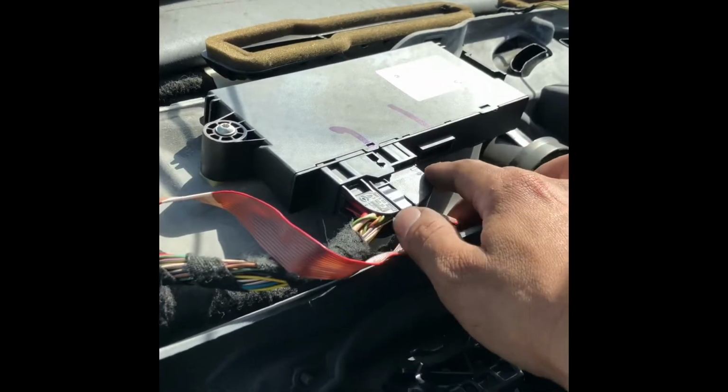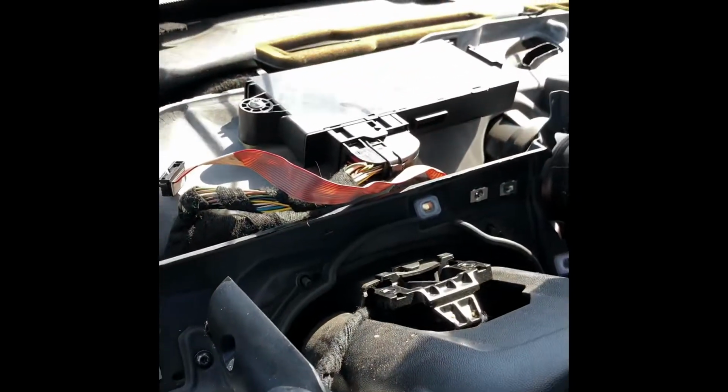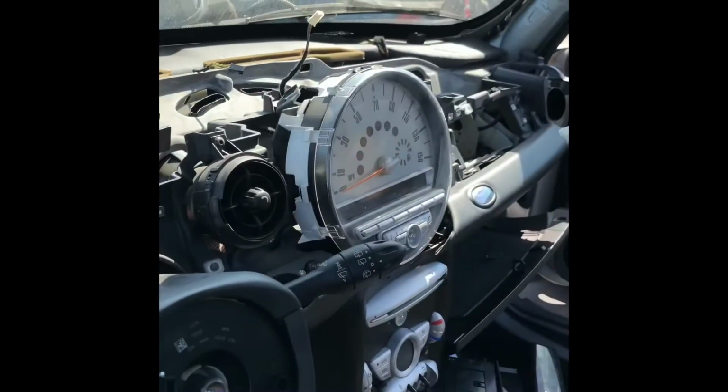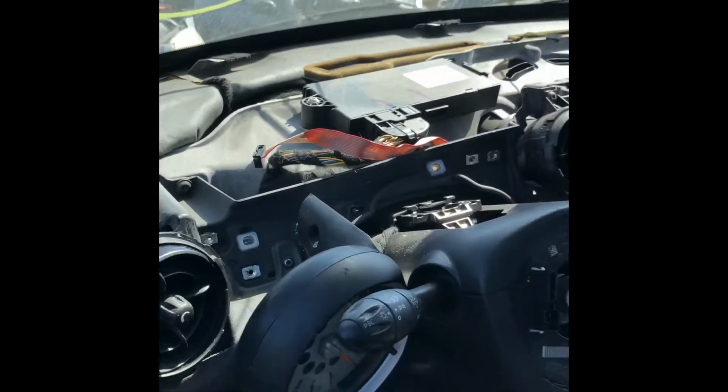Now on the other model, the BMW models, this is underneath, which is super easy to remove. On the Mini Coopers, they have it on the dash. So since I couldn't find any instructions online on how to do it, I went ahead and filmed it so that you guys can. Okay, first thing you want to do is remove, there's two Torx heads on this one